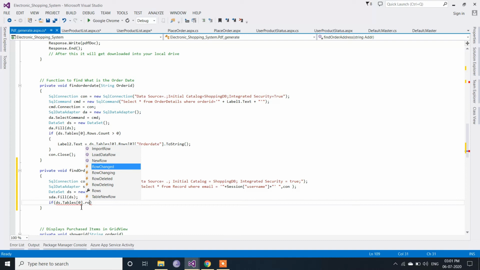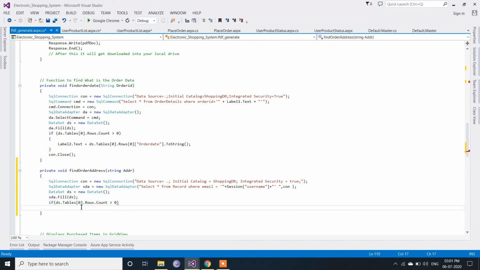How many rows are there? For that we are going to use the count to count the number of rows present. That is, it should be greater than 0. That means if any data is present inside the data set, then